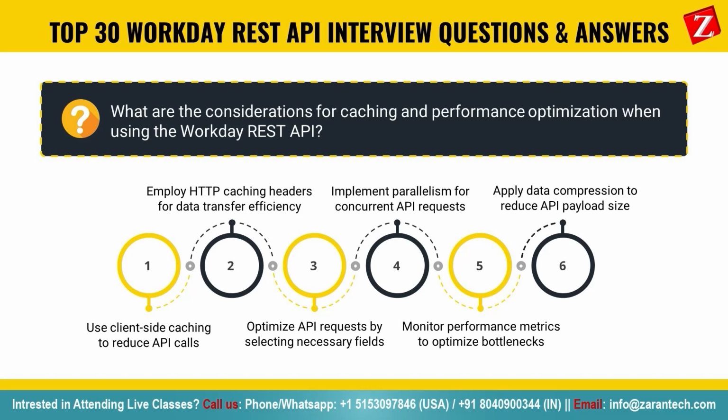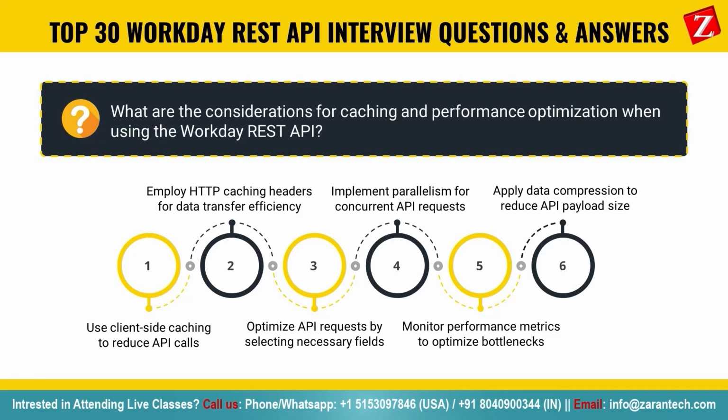For instance, imagine an HR application fetching employee data from Workday. Instead of fetching the same data repeatedly, the application can cache it locally, reducing the need for repeated API calls. Employing HTTP caching headers is another important strategy for data transfer efficiency. By setting appropriate caching headers in API responses, you can instruct clients and intermediaries to cache responses, reducing network traffic